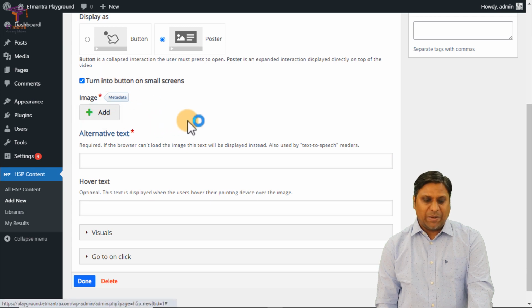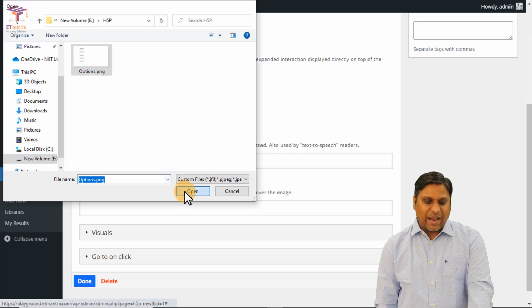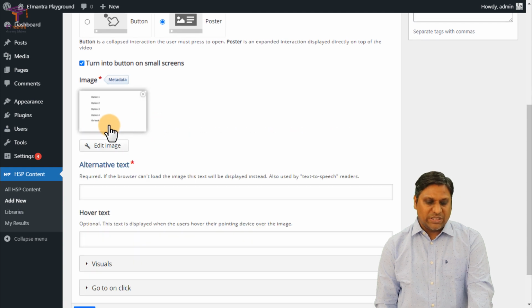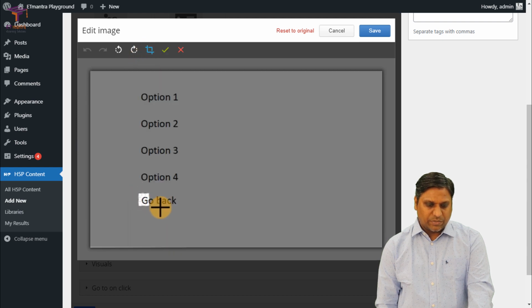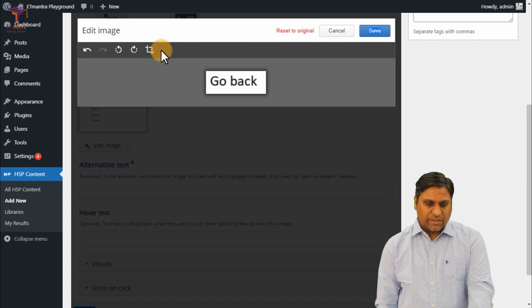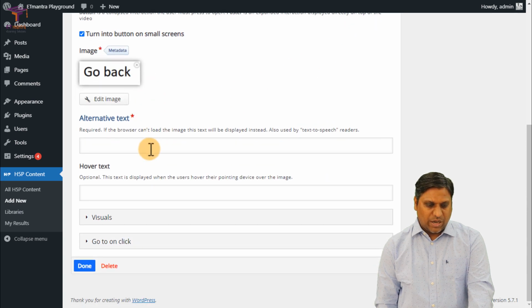I add the same image, and that is why I added the same option, this go back. I will crop it and select it, save it, and done.